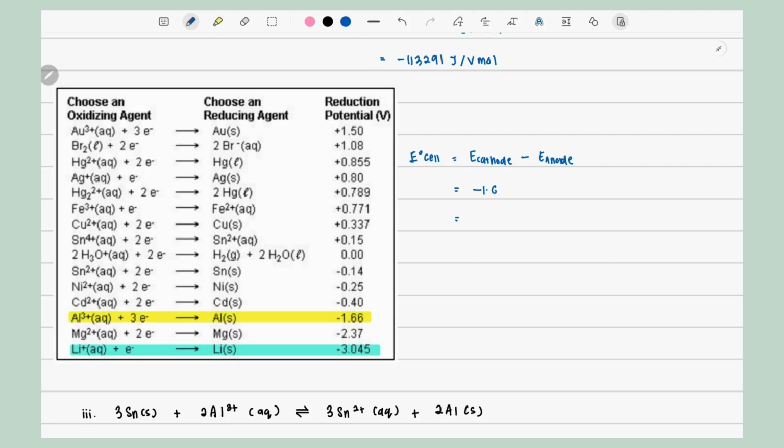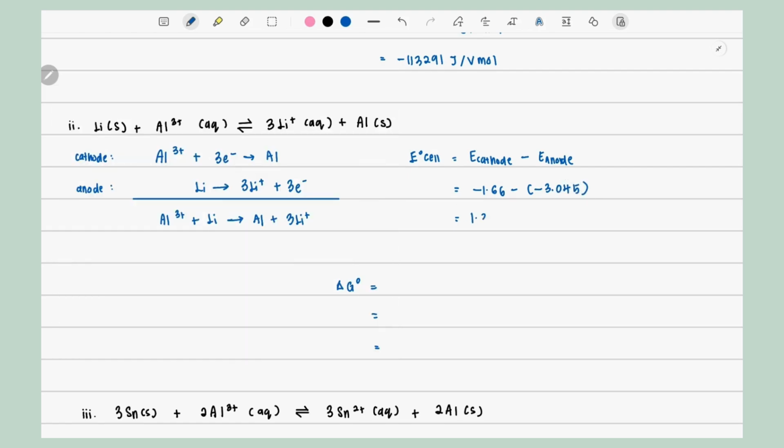we will refer to the table to determine the value of the cathode and the E naught, and we will calculate the E naught cell. We will get 1.385 volt. And then we will calculate the standard free energy, where the total electrons is 3. And don't forget also to put the negative in front of it, and then we put in the Faraday constant and the E naught cell, and we will get negative